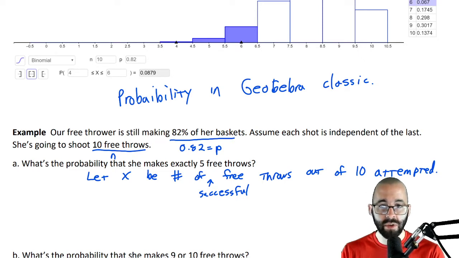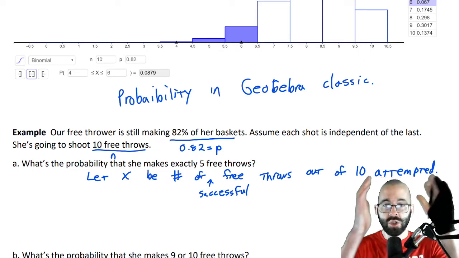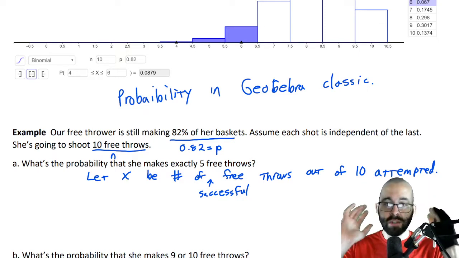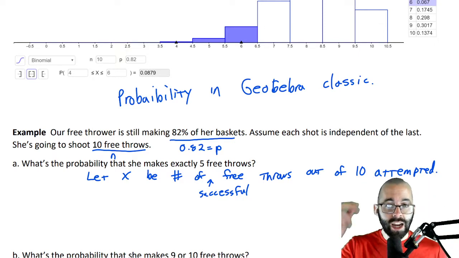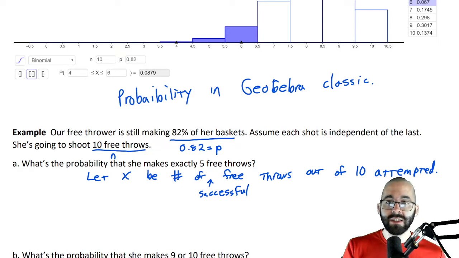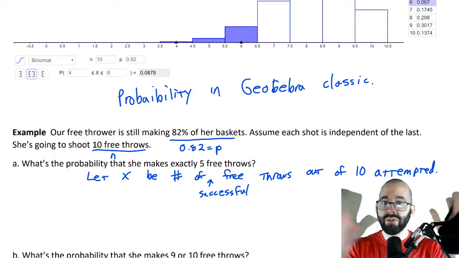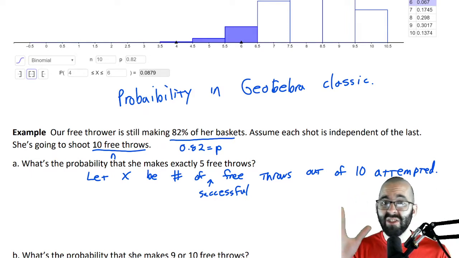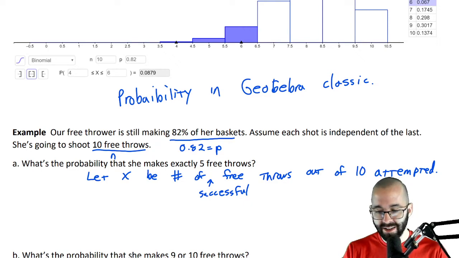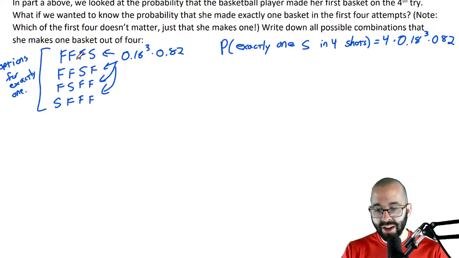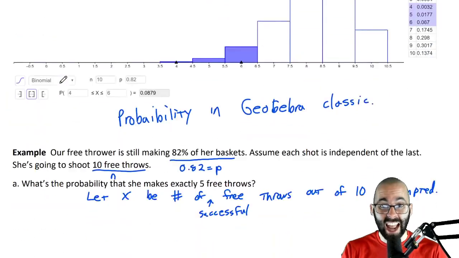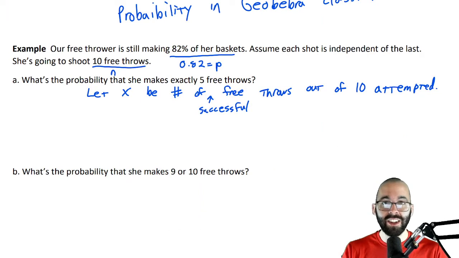This is a binomial random variable because she's shooting free throws. It's a Bernoulli trial. And we're calculating the chance that she makes exactly 5. It doesn't matter which 5 of those 10 they are. In fact, if you wanted to write every possible combination, like we did, for her to make 5 free throws out of 10 attempts, you'd have to write down,